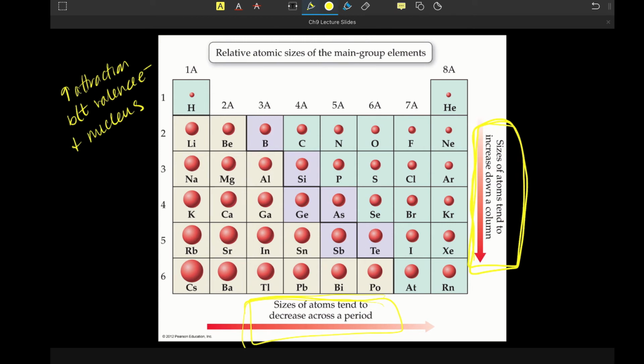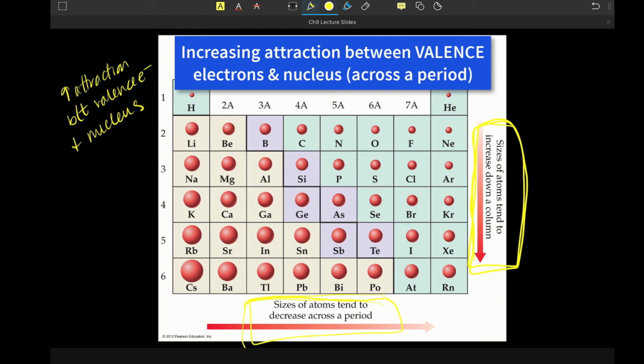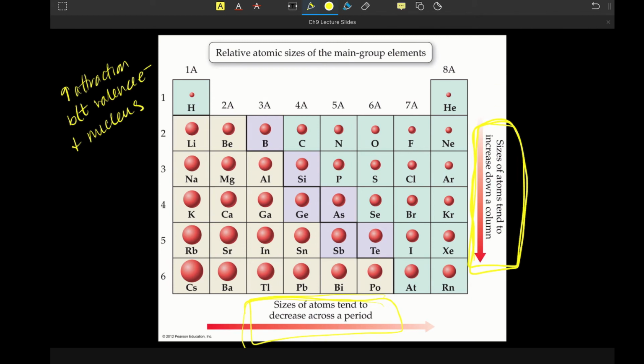What that means is that we're increasing the attraction. We're increasing the amount of opposite charge in relative proximity to one another, and that force of attraction increases, and my atom gets a little bit smaller. And the neat thing about atomic size is it explains the other two trends, because if we think about this,